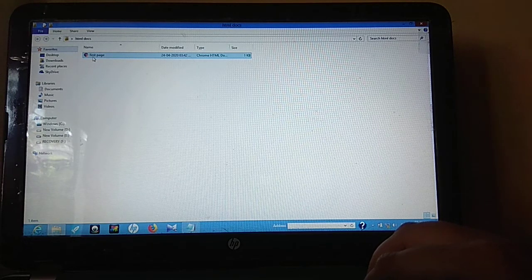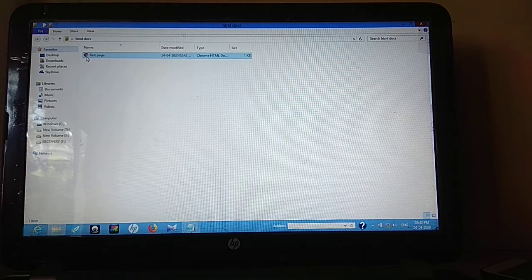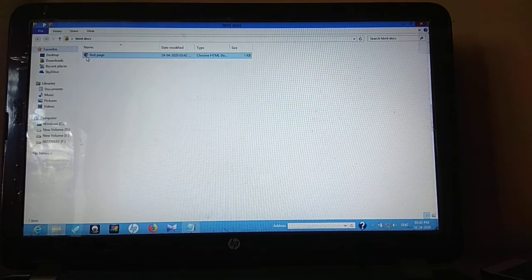If you don't save it with the HTML extension, you won't be able to see the web browser icon. Can you see the web browser icon over here? The Google Chrome icon, the small icon over there. It indicates it is a web page. If it doesn't come, then it means there is some error while saving. You have not created an HTML page. You must have given some space or forgotten to write HTML, so it will become a text file. So be careful while saving. Don't forget to put the .html extension.